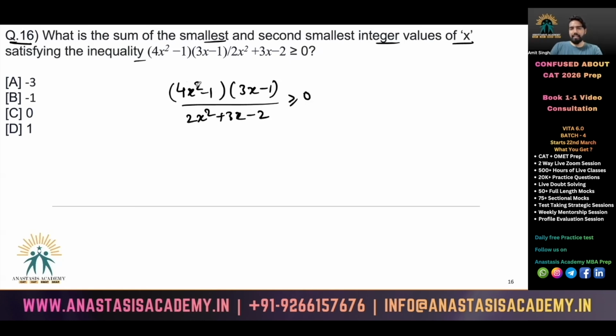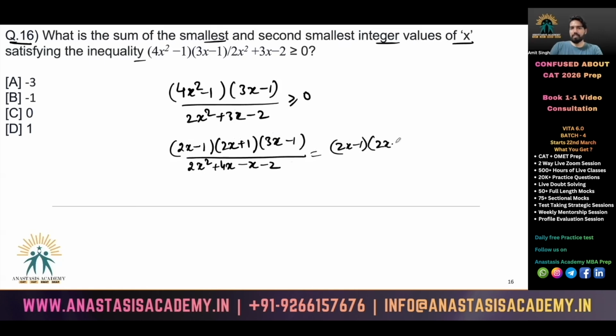Okay, so I can simplify it further as (2x)² − 1². Using the identity (a − b)(a + b), I can write it as (2x − 1)(2x + 1)(3x − 1) upon, and I can factorize this equation as 2x², I can split this middle term as 4x − x − 2. So this would become (2x − 1)(2x + 1)(3x − 1) upon